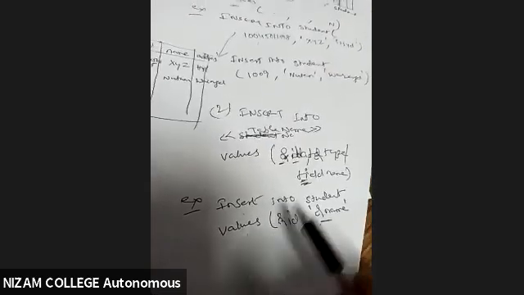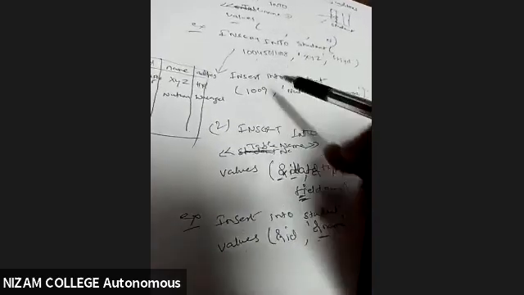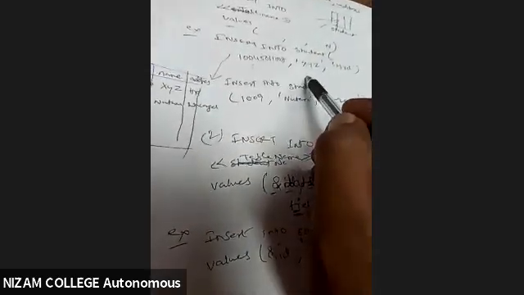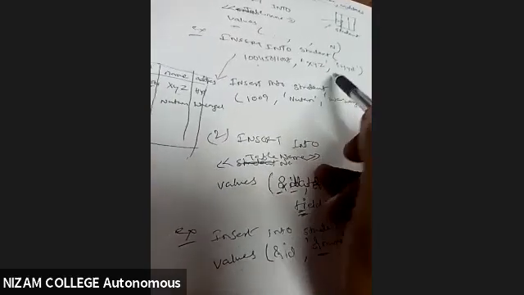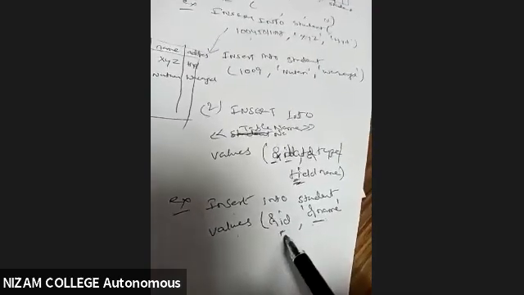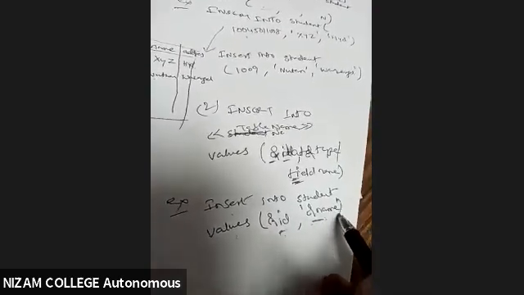But what I'm doing, coming to the previous syntax and this syntax, if you see the previous syntax, directly I'm specifying the values. Here I'm giving your roll number, the name, and my address. But when coming over here, I'm giving the field name. Now what is the advantage of this?